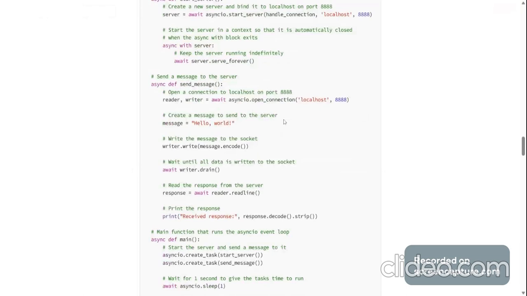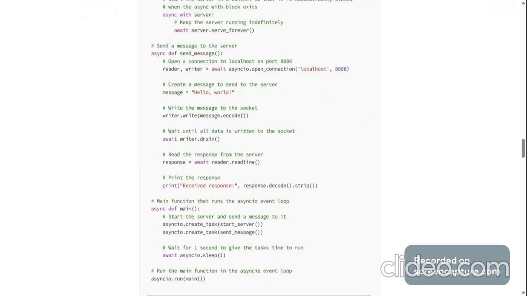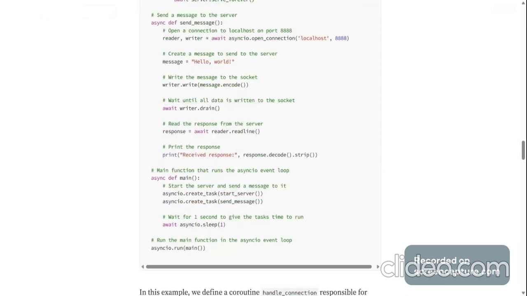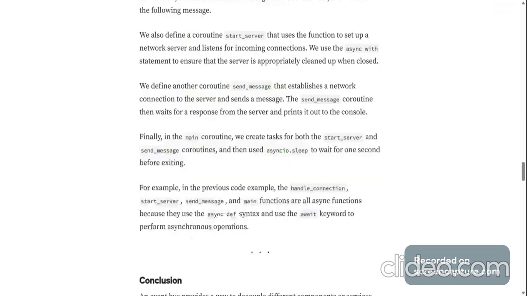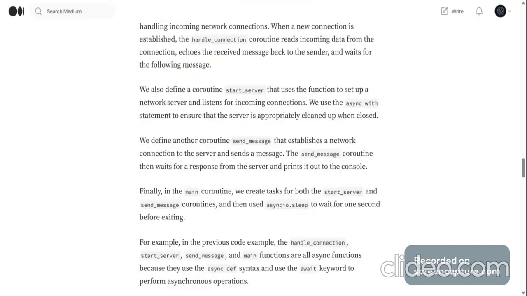Create a message to send to the server, which is hello world. You can change it to, let's say, Python code Nemesis. Write the message to the socket with writer.write(message.encode()). Wait until all data is written to the socket with await writer.drain(). Read the response from the server: response = await reader.readline(). Print the received response. And that's it. Finally, in the main coroutine, we create tasks for both the start_server and send_message coroutines,